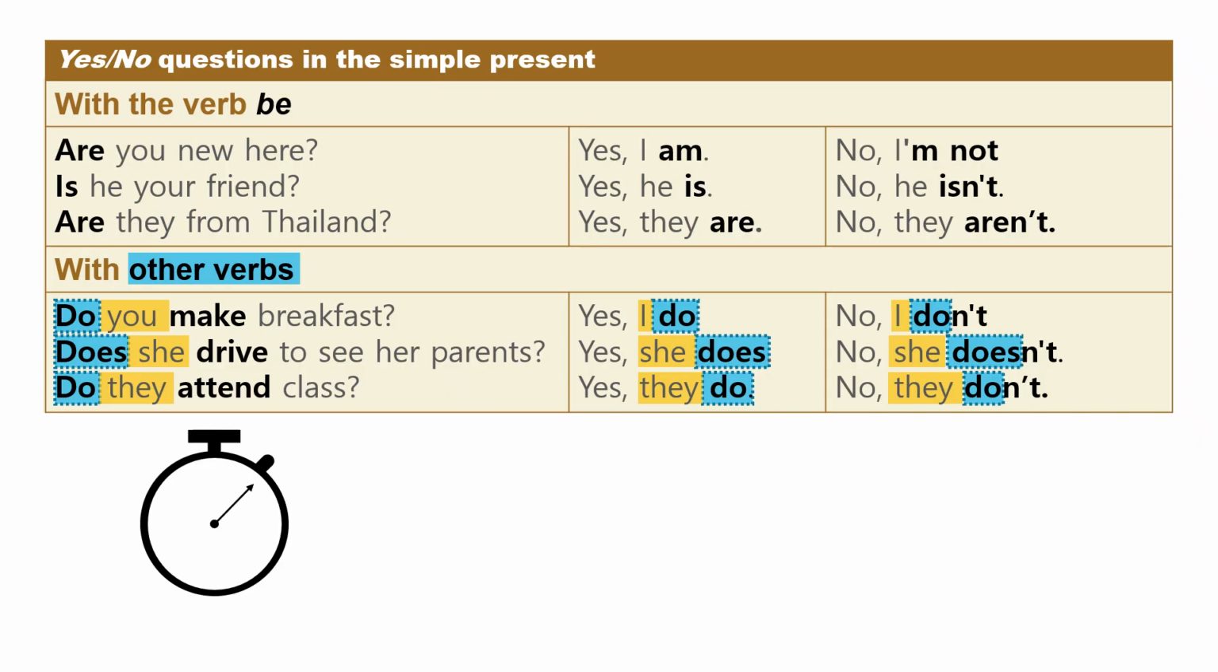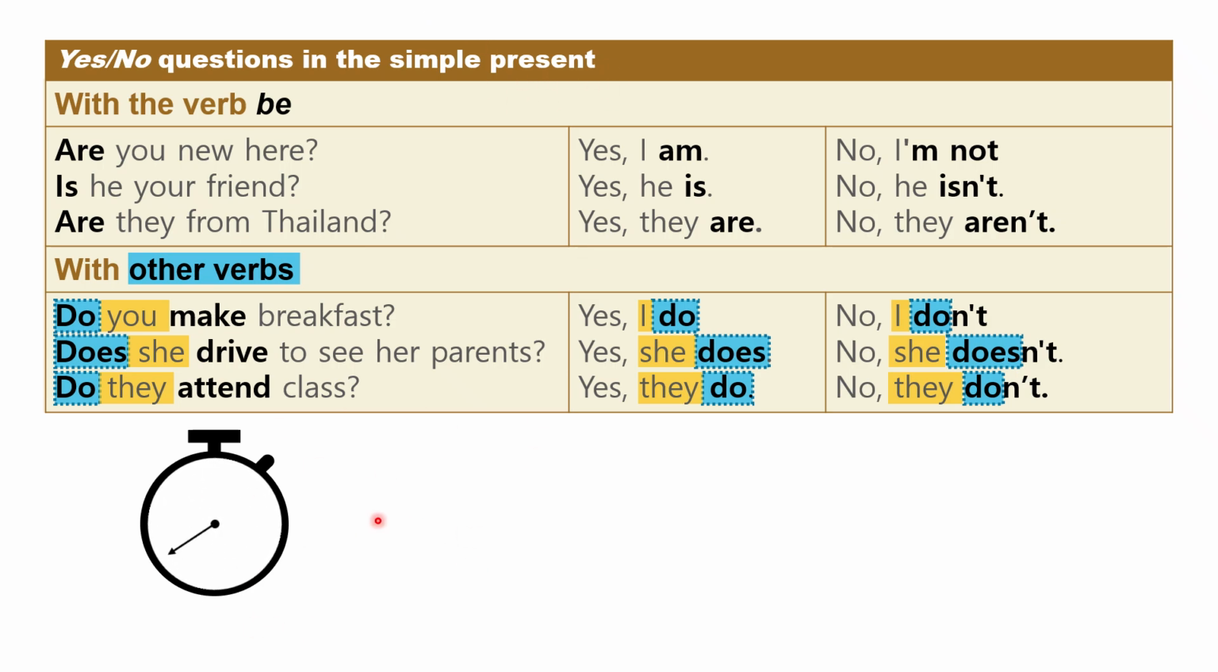Okay, last thing we want to talk about is our tense. You can see this says simple present tense. This is most important with action verbs, not the be verb. So these questions, do you make breakfast? Does she drive to see her parents? Do they attend class? This is present,